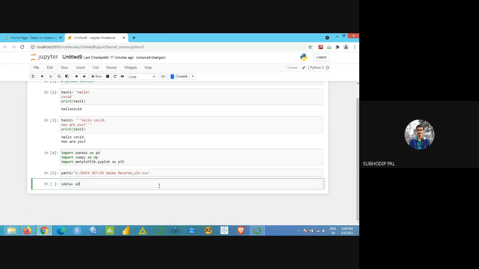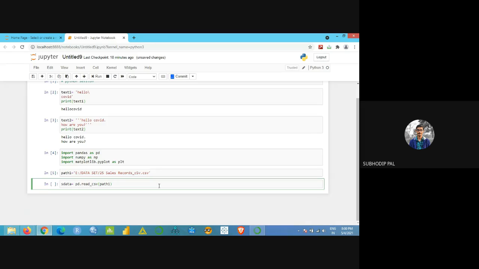So it's pd. Python will be using the pandas library to import the data file. So pd dot read. What was the code in RStudio? Read dot csv, right? Here, pd dot read underscore csv. pd dot read underscore csv is the code for importing the file. Then the bracket will start. Then you have to give the path. The path is what we have already defined. So path one.